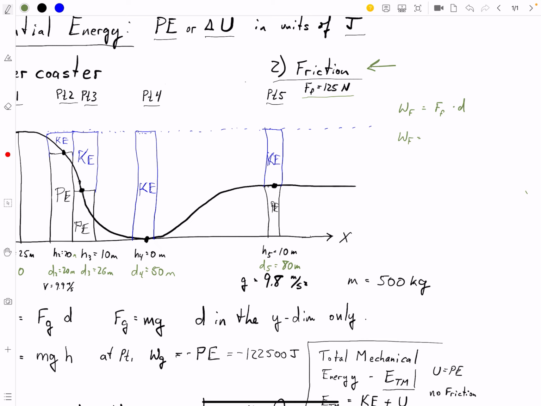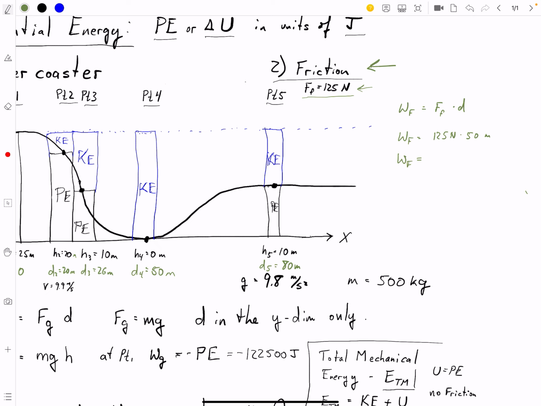And we've been given right here the force of friction is 125 newtons. So we're going to do 125 newtons multiplied by our 50 meters, and that's going to give us